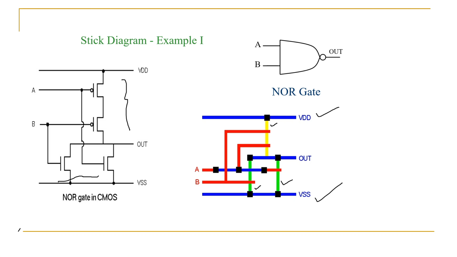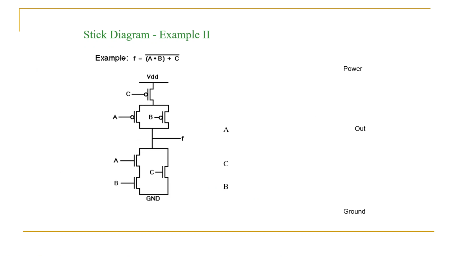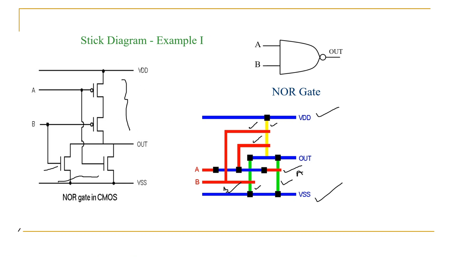And if you see the remaining connections, your N MOSFET A and B are connected with the help of polysilicon material. See here it is connected, and similarly for B it is connected. This is your A gate and this is your B gate. Once this is connected, you come back to your P MOSFET. See here the polysilicon material is connected accordingly, and then you are giving your inputs A and B. Similarly, this is for your NOR2 realization using a stick diagram.